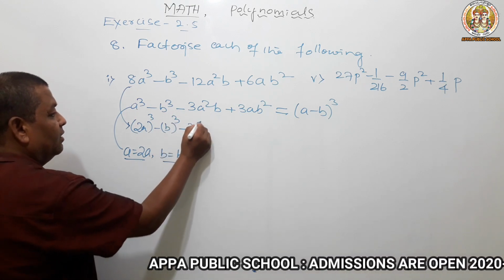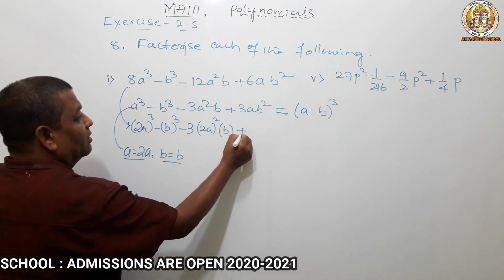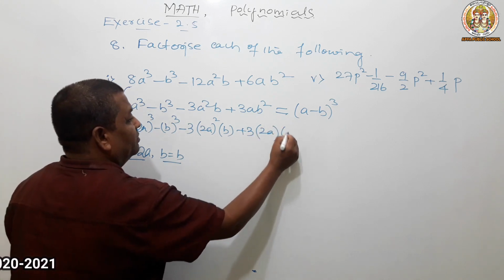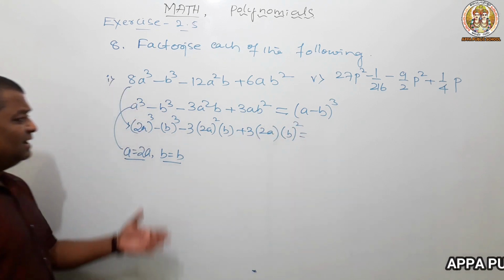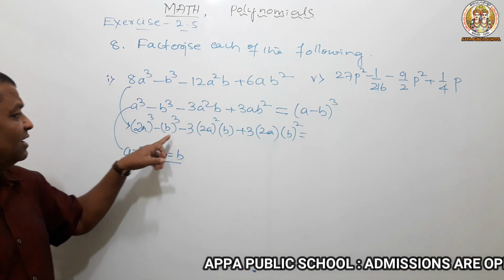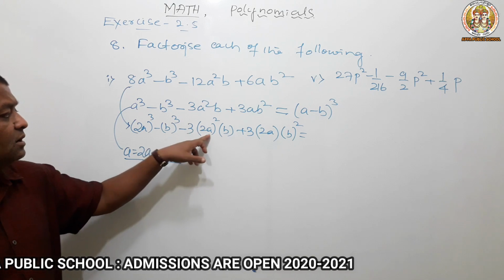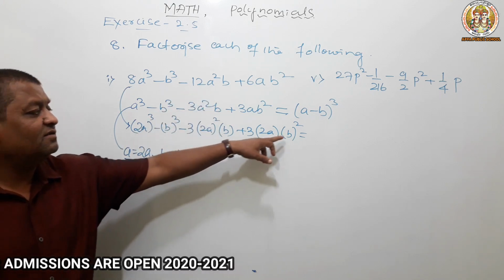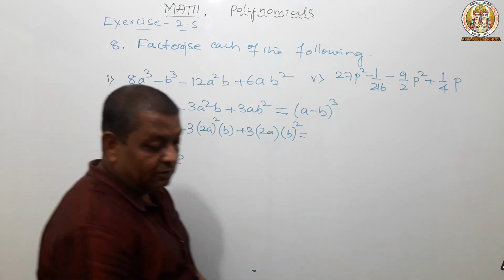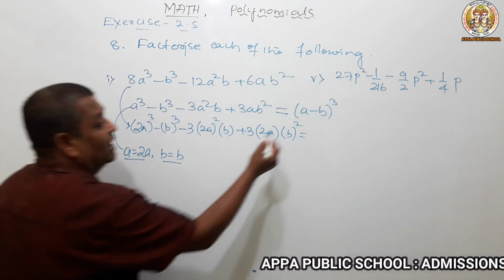3 a square means 3 times 2a square, plus 3 a means 3 times 2a, and b square. So definitely if you go back to the question, it will balance. See, 3 times 2 becomes 4, 3 times 4 is 12, 12a square b, 3 times 2 is 6, 6a square b. So automatically this is the way how we can solve easily without any confusion. Right. What is next? We already know what the answer is.